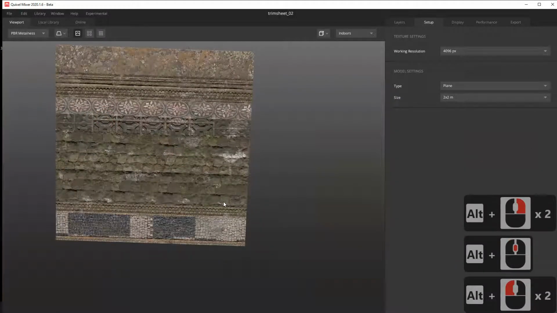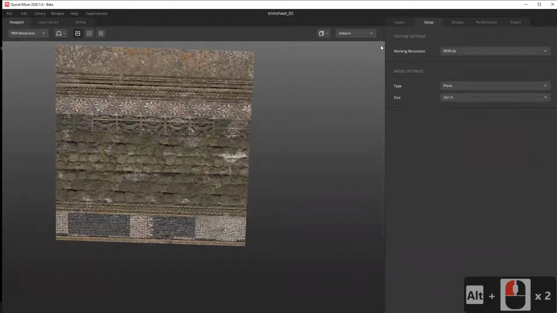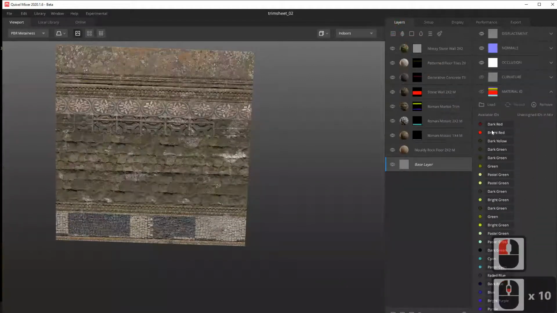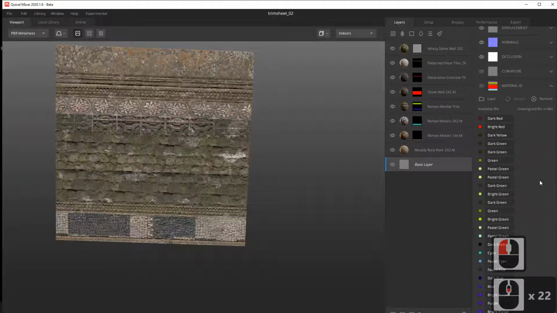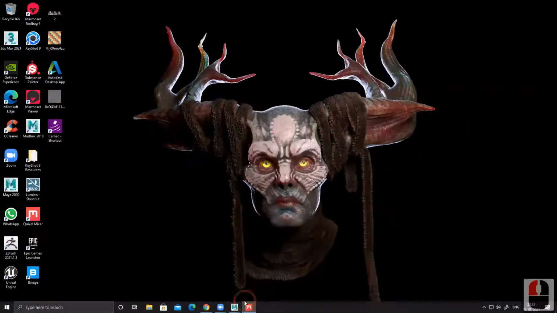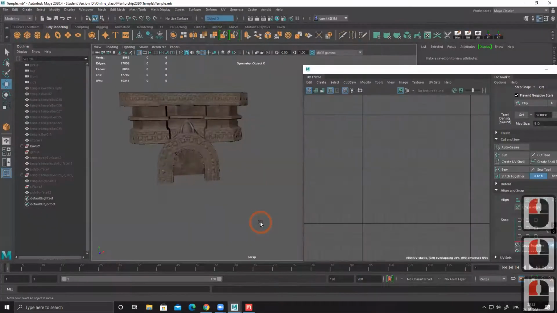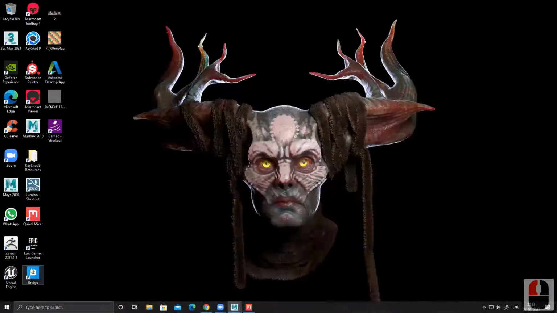To create this, you just need the planning and ID maps. If I show you one layer, you can see I have created these many ID maps. ID maps are the same thing we use in Substance, color blocking just to define one section. That is my ID map. I'll show you the planning, because this is something we know from Substance. We can do it manually. We can import texture from Quixel Bridge. There are two different software from the same company. Quixel Bridge is blue in color, and this one is Mixture.